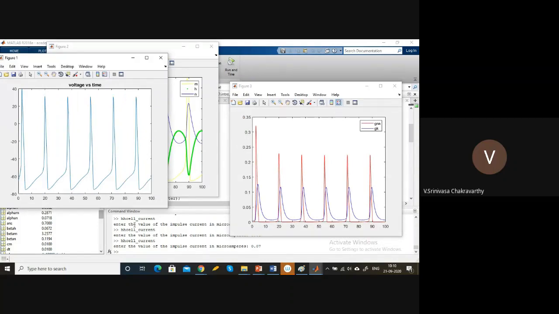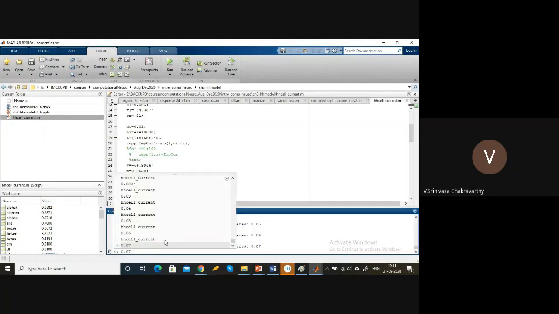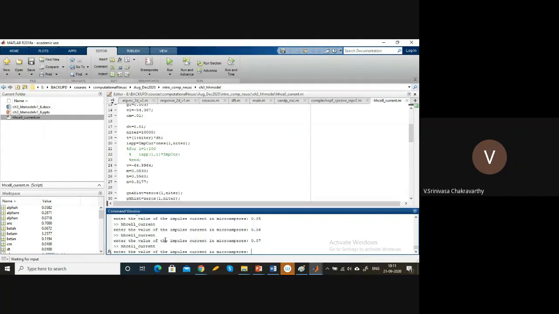When the current goes beyond somewhere between 0.06 and 0.07, it has transitioned again to a new behavior. Between 0.024 and 0.06 roughly, it was showing only one or multiple action potentials, but a finite number. But when you went to 0.07, it shows a continuous train of action potentials. If you simulate for a longer time, it will keep on firing. So that's a qualitative change. Here also we can probe more closely and see at exactly what value it happens.